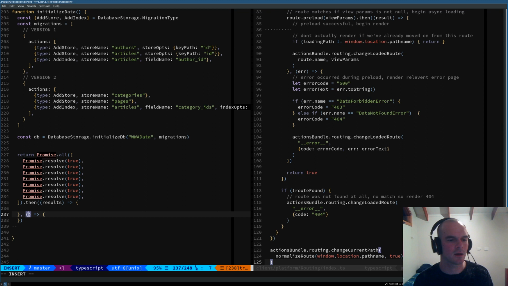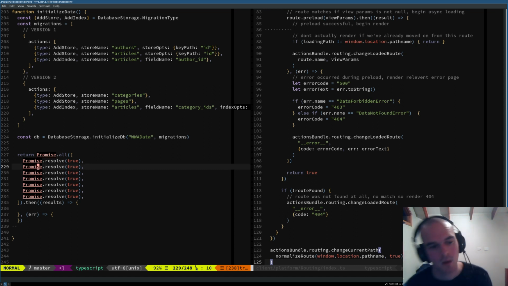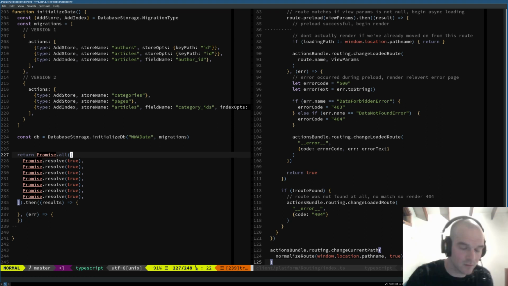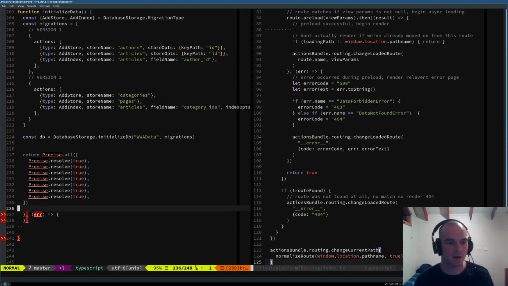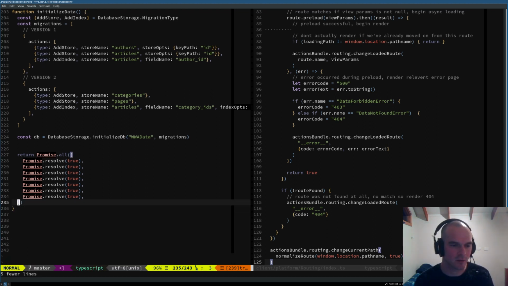So if we have the first one, which is a success, and that gets results, the second function will be the one that picks up if an error happens during that process. But what this means is we can say operate over all of the authors and all of the articles, and once that's done, then we are able to do something, right? So one way to look at it is, say we don't want to operate on the results here, we just want to let things know that it's done, right? So what we could do,